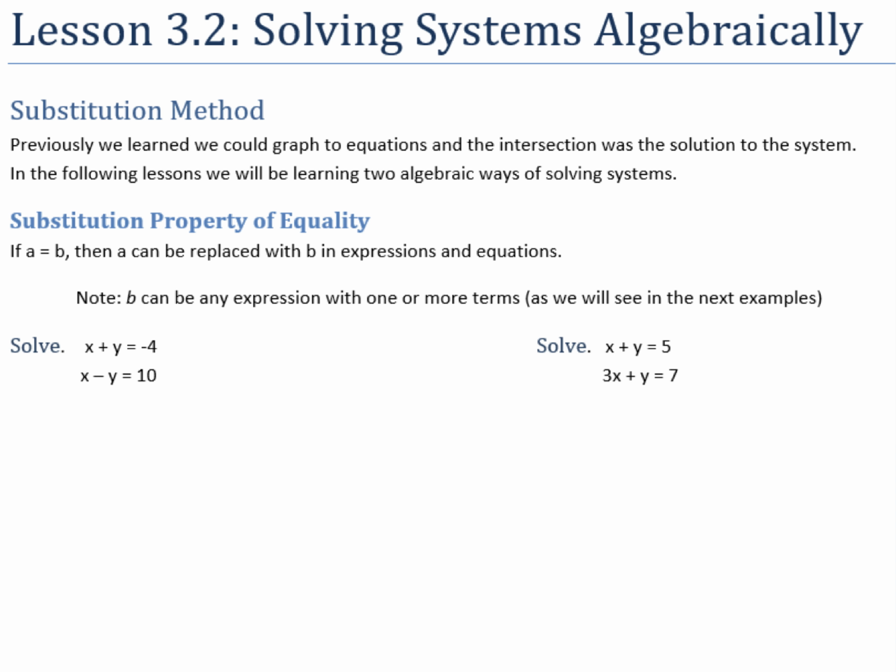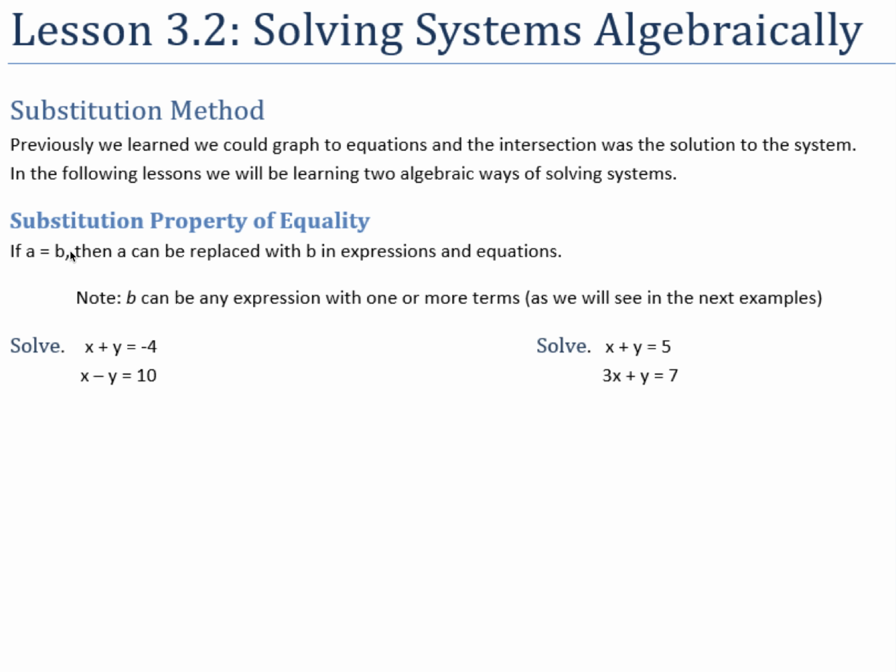Lesson 3.2 involves solving systems algebraically. There's really two methods to do this. In Lesson 3.1, we worked through solving systems of linear equations by graphing, and now we're going to look at substitution and elimination. So this first part will be substitution, and what we're really doing here, the substitution property of